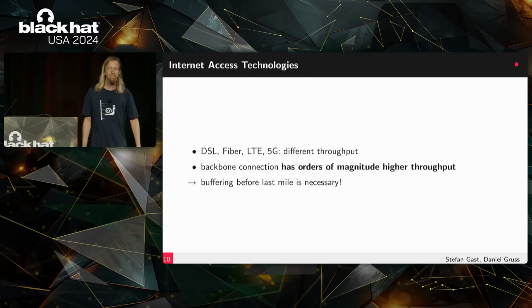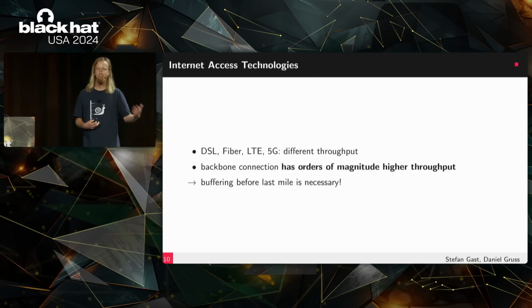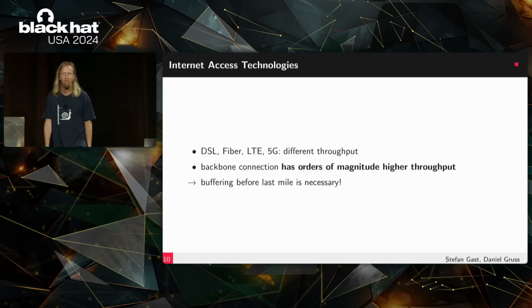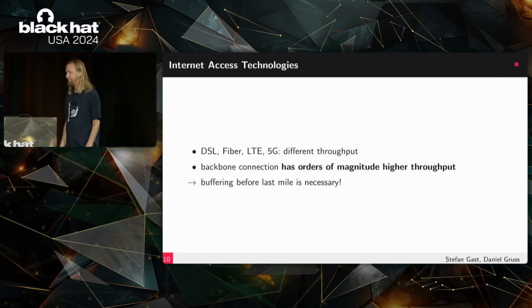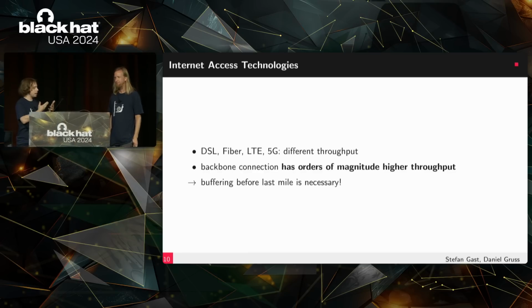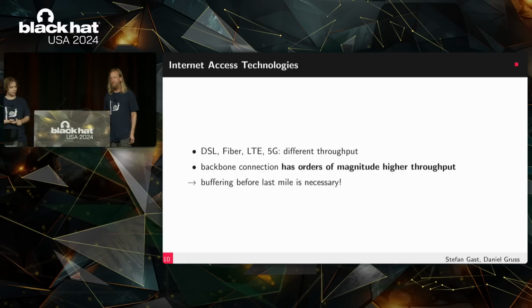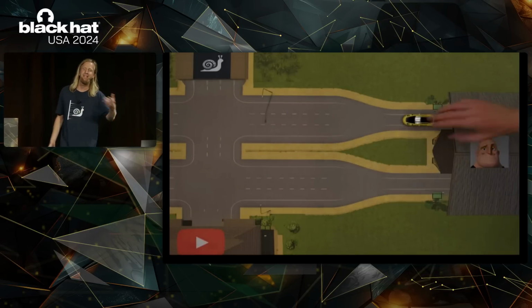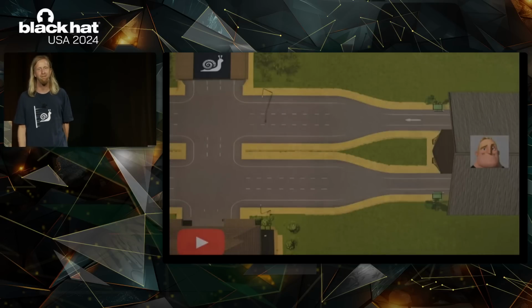What's typically done is, there's some buffering occurring before the last mile of the victim's internet connection. This is really hard to imagine. Can you maybe visualize this? Yeah, so if you consider this example here, so you have